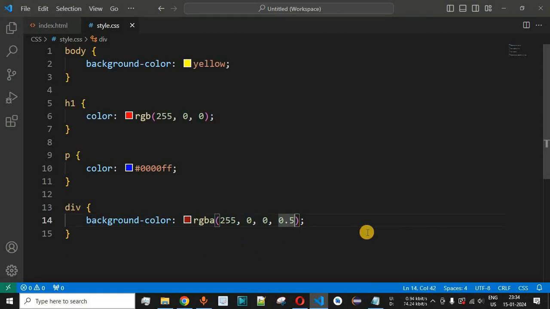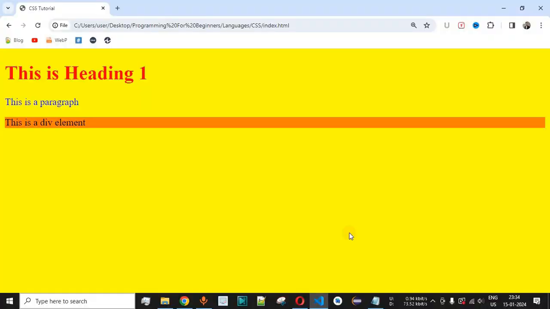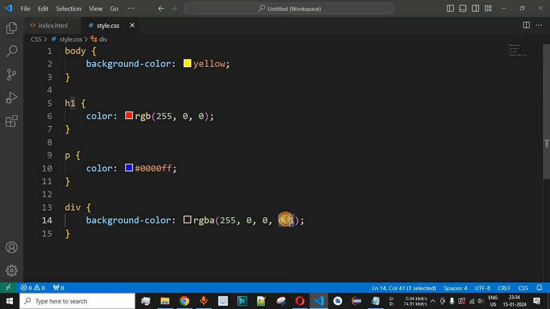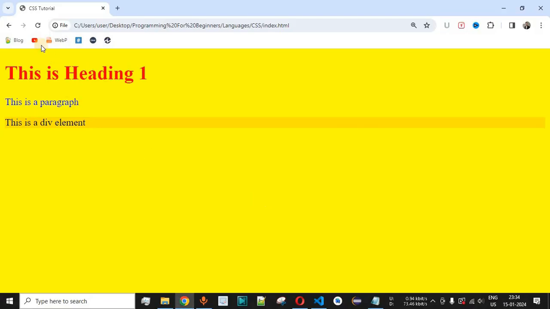Let us say we want to make it more transparent, so when we change it to 0.1, I'll save this file now and try reloading this page once again on the browser. So it has become very transparent now. There is a red color as you can see, but it is very transparent in this case, and when we set it to 0, then it should disappear. So when we change the alpha component to 0, I'll save this file now and try reloading this page. So there is no red color that is getting displayed as the background color.